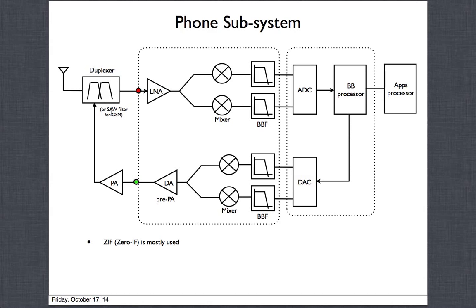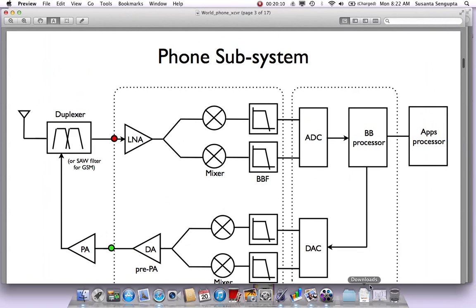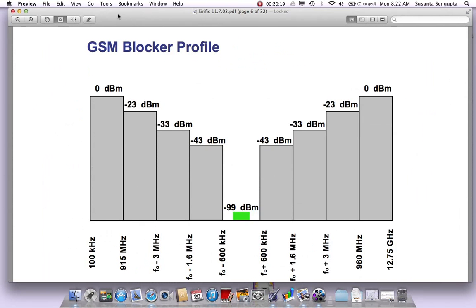The reason we need a SAW filter is that, in GSM, we are not transmitting and receiving at the same time, so that is great news. But even when we are receiving, you have a mask that is defined, which could be very brutal. I pulled this out from one of the slides that I had a long time back from a startup. But this is a profile which is a standard.